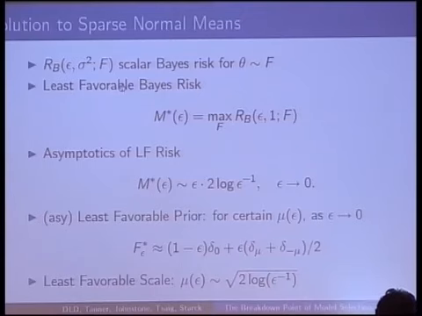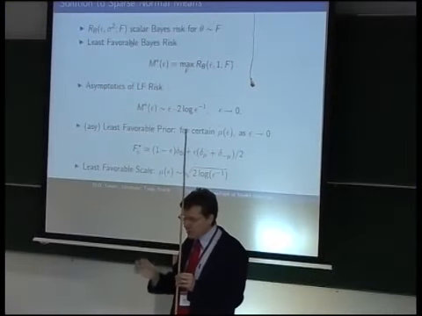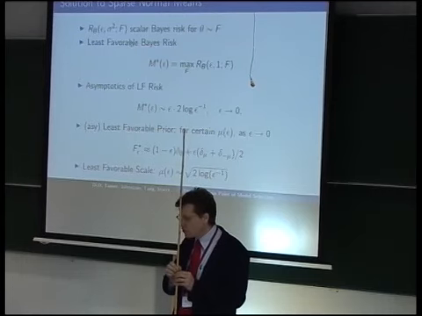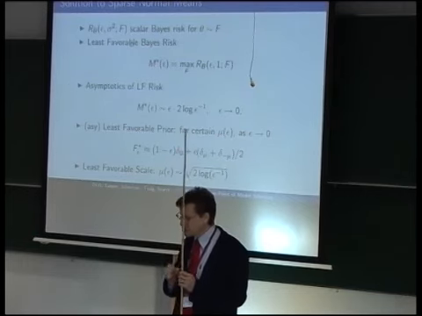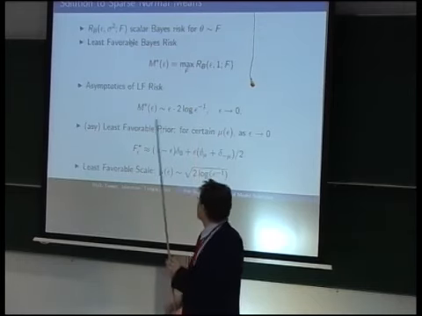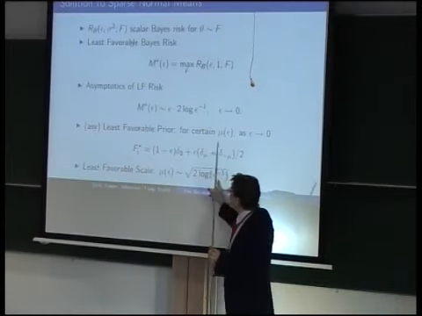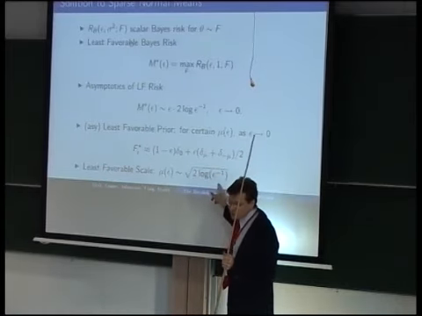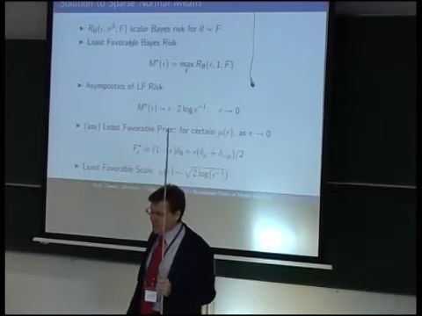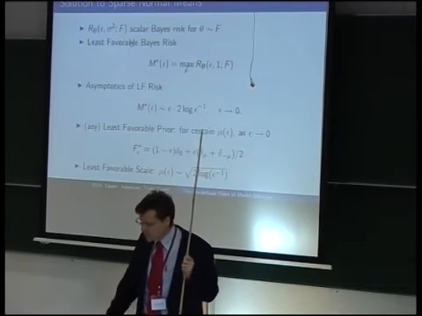Okay, so intuitively what this is saying is if I have to estimate a single scalar parameter, which may be 0, maybe not, then what I ought to do is pretend that if it's not 0, it's maybe at plus or minus √(2 log ε⁻¹) times the noise level. So depending on my attitude about the sparsity or how likely it is to be non-zero, I would change exactly where to be planning for a non-zero.